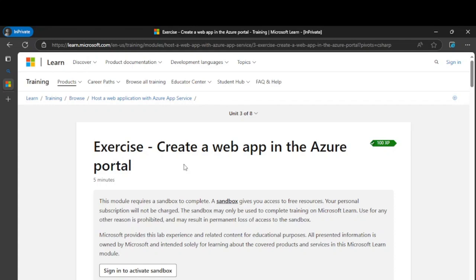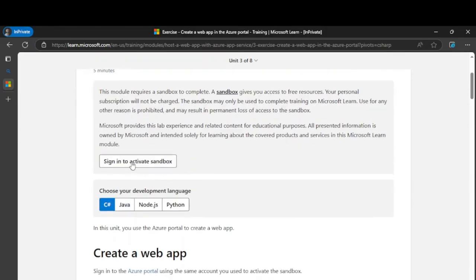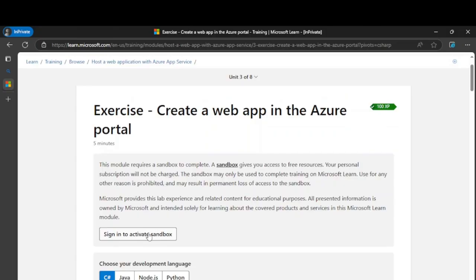On the Learn site, while you are learning, we are also supposed to perform hands-on practice. For that they provide this. Just follow here, don't go into the portal or anything, just follow whatever link they are providing over here. First go to sign in to activate sandbox.